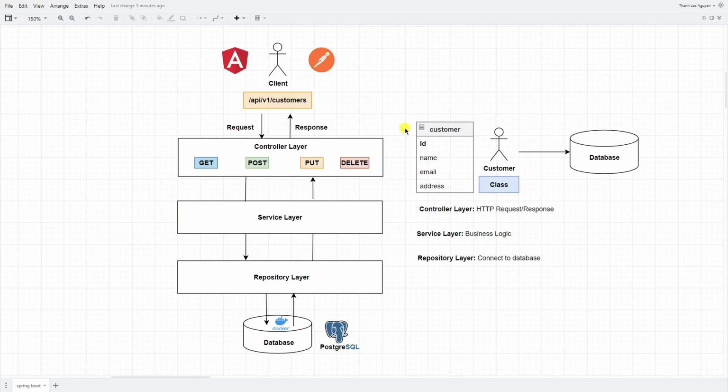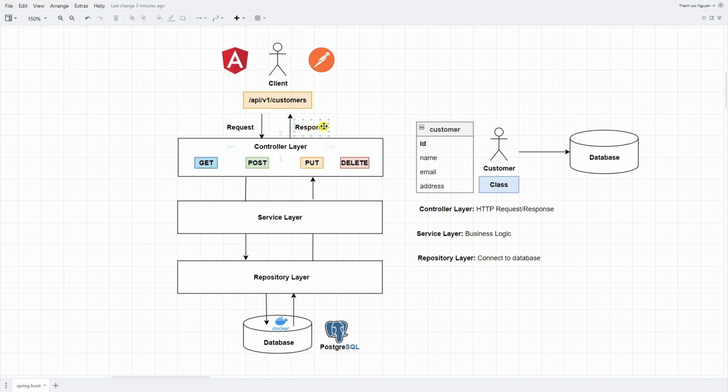So, in the previous Hello World course, we implemented just a very simple Hello World API. Now, let's go to the next level. We will create a model, which is customer in this case, and apply this model into the entire layer architecture to perform the RESTful API, where the client will send GET, POST, PUT, and DELETE requests to our application.